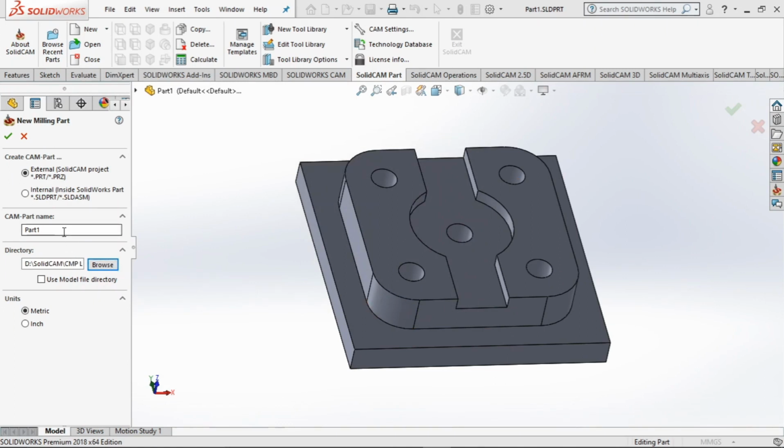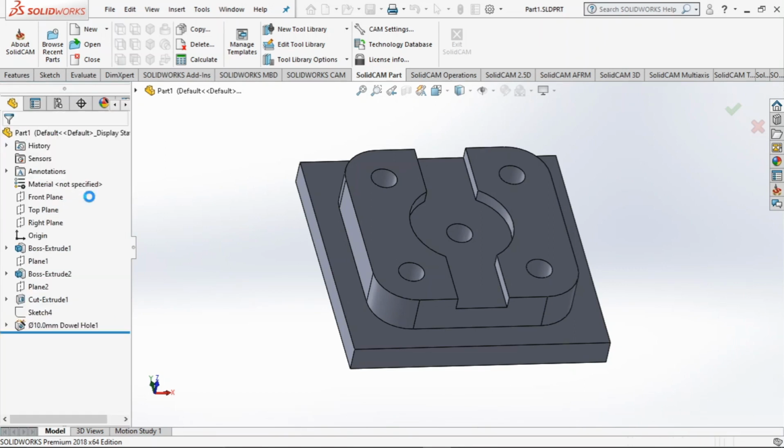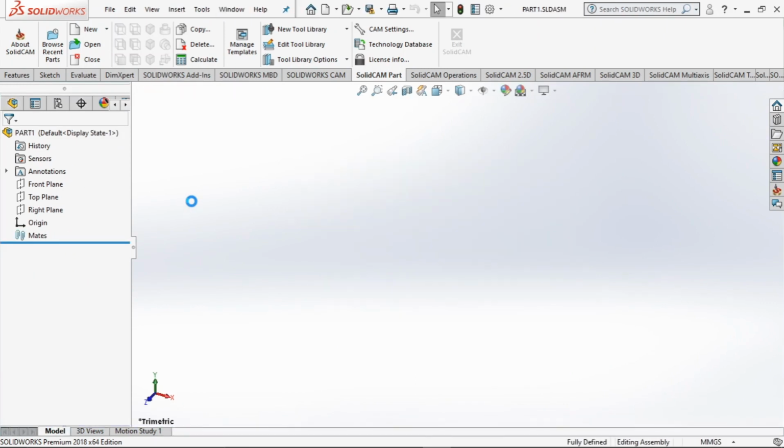Top clamp. So units metric, and you can use the model file director here so that it will be directed straight away, right? So now